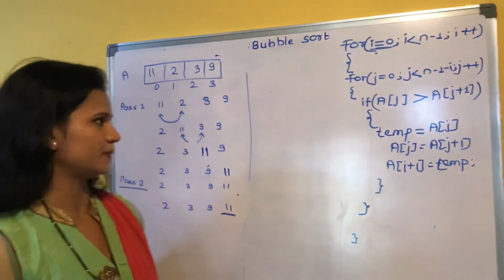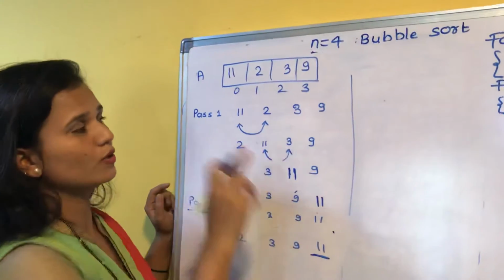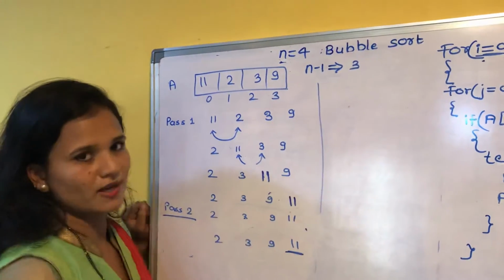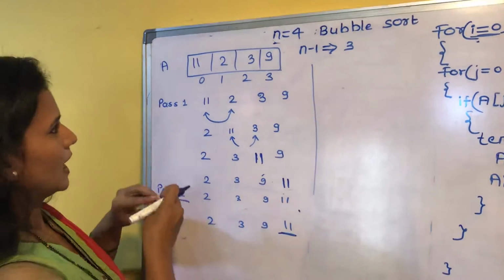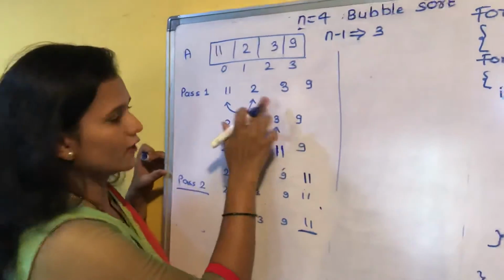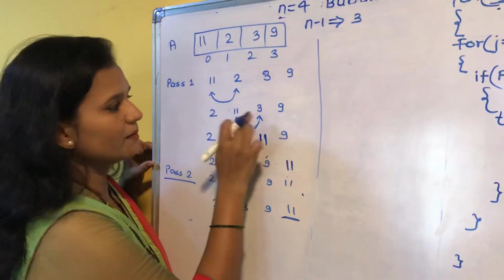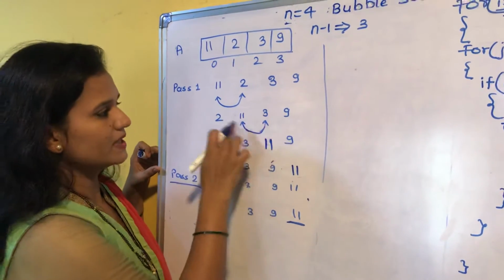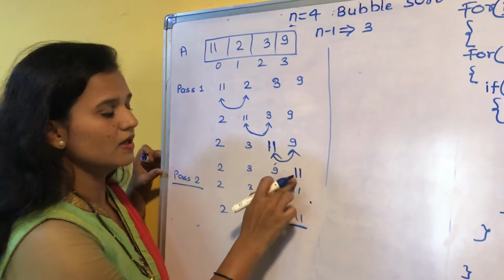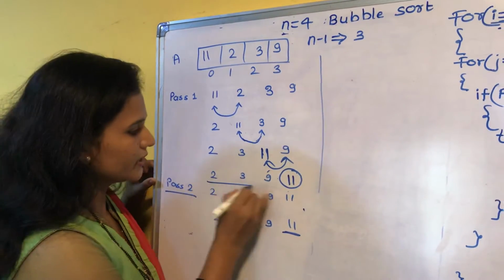So let's see the example. Here I have taken an example. The number of elements is 4. So according to our previous video, the number of passes should be n-1, that is, it should require 3 passes. Here in pass 1, I have compared the first two adjacent elements. An incorrect order is there, therefore we swap the two elements, and the rest of the elements stay as they are. Then again, I compared the second element with the third element, swapping is needed, so I have done swapping. Then these two elements are compared, swapping is needed, so I have done swapping here. Here 11 has got its proper position. So the rest of the 3 elements we have to sort.